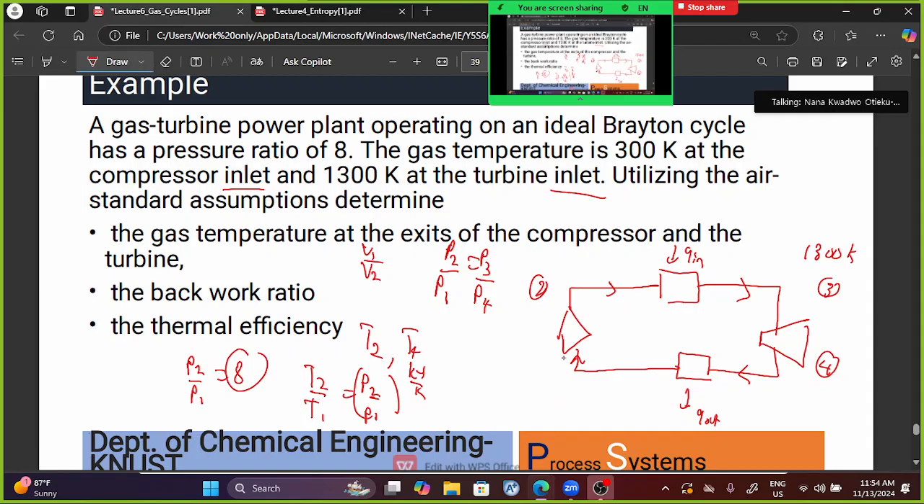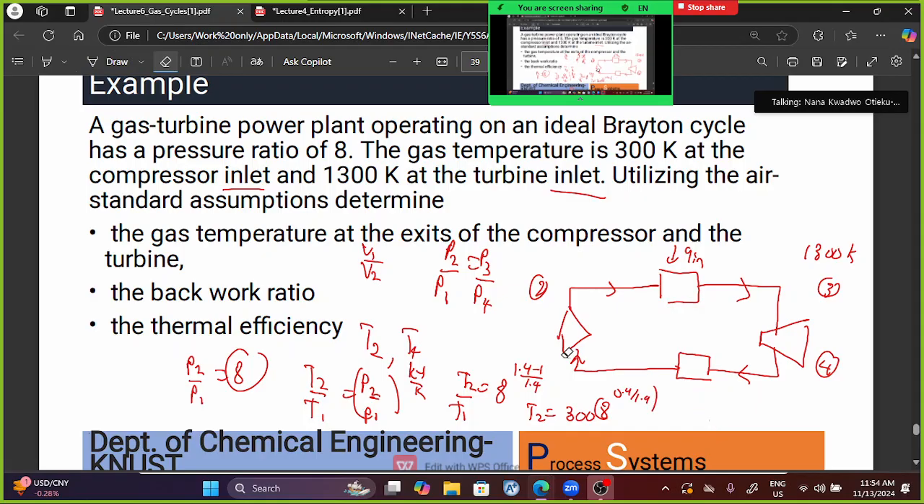And say that my T2 over T1 is equal to 8 to the power, our K is 1.4, right? So 1.4 minus 1 over 1.4. Then I can say T2 is equal to, T1 was 300 Kelvin, so 300 times 8 to the power 0.4 over 1.4. When we compute this, we should be getting a value of